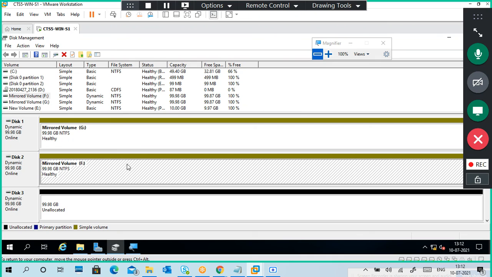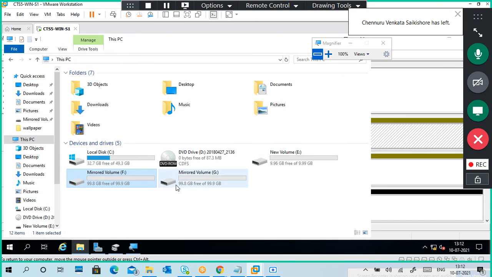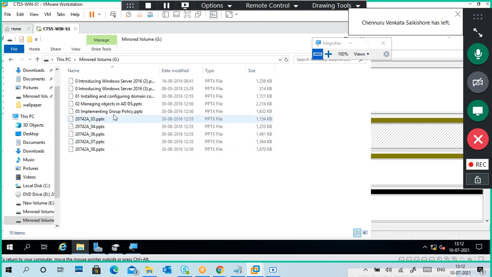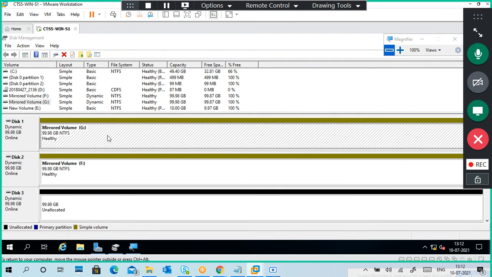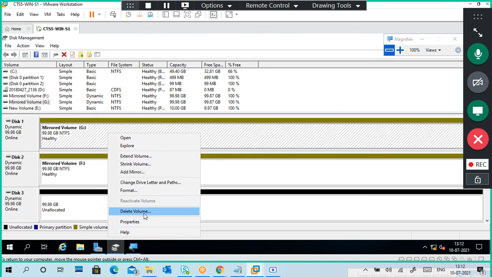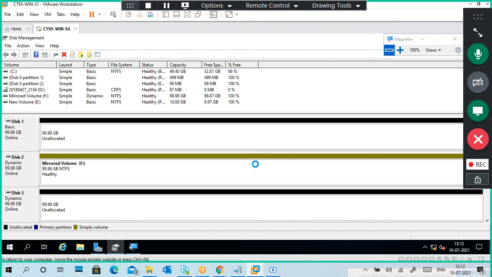Earlier it automatically broke the volume. Now you can see G drive is there, F drive is there. So you can see both have the same data. Okay, so guys, this is a mirror volume. I'm deleting these volumes again.